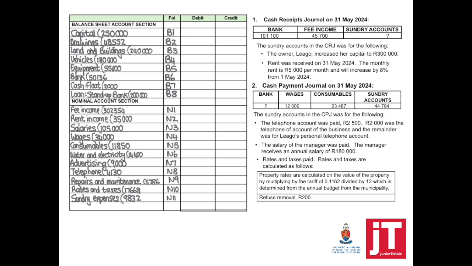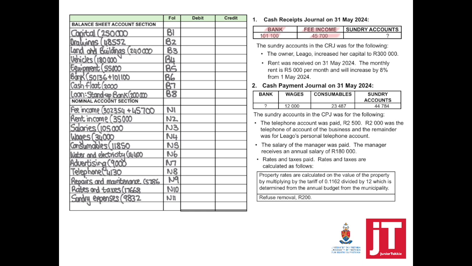So the first one that we start off with is the money column bank. From the cash receipts journal, it means that the business received money. That's why we're going to add that to the figure, which was the opening balance in the beginning of the month. So we're adding 101,100. Then we had fee income, the total received during the month, which means we need to add it to the fee income,